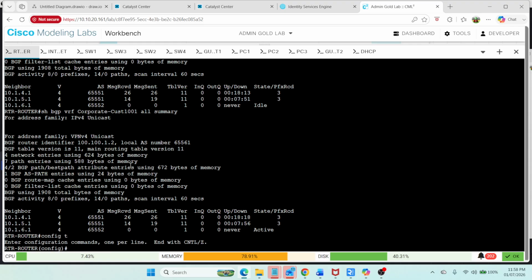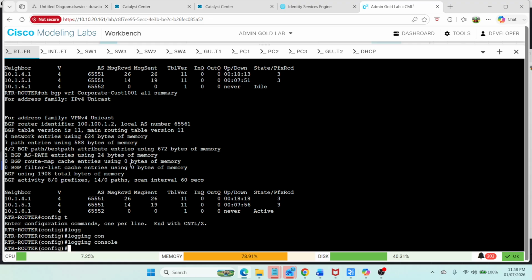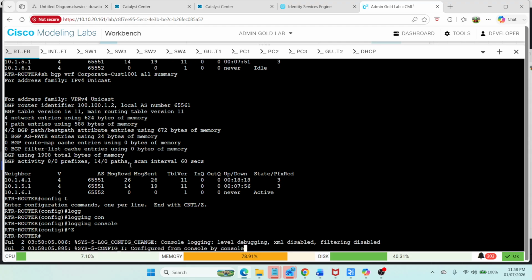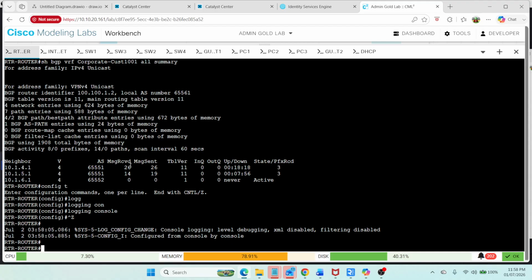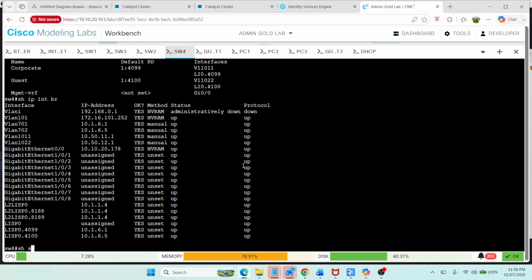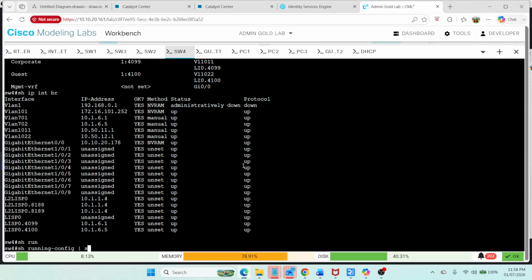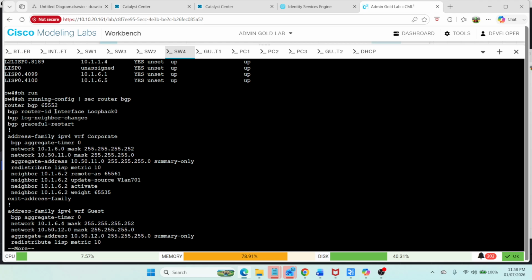Let me do one thing. Logging console. So it will log anything which has been active. Okay. XML configuration logging filter. Okay, just a minute. Show run. Okay, 161.52.51. So let us see the configuration that has been deployed here. Show run section router BGP. Definitely design 6552, which is our NAN. Okay, so yes,